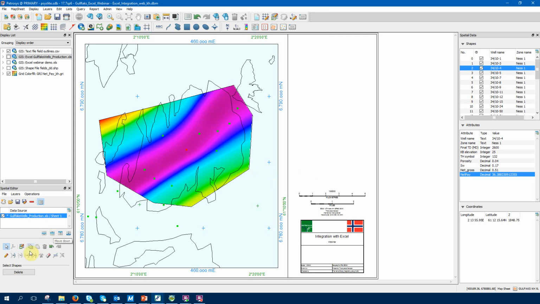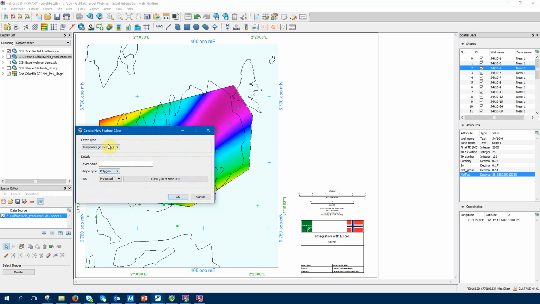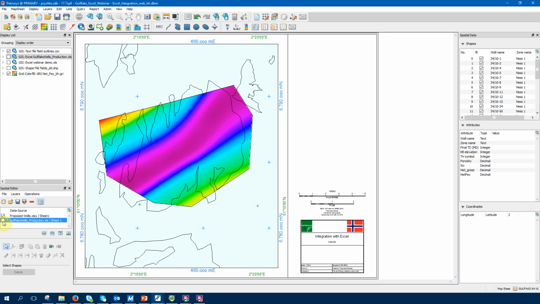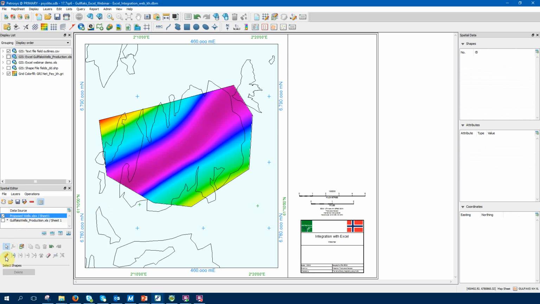Here we can create new data. For example, we can create new spreadsheets completely. So this is what I'm going to do now. Create a new full definition spreadsheet. I will call it Proposed Wells. Click OK. So I've got my new spreadsheet here. I'm just going to switch this one off, and I can create new points here,